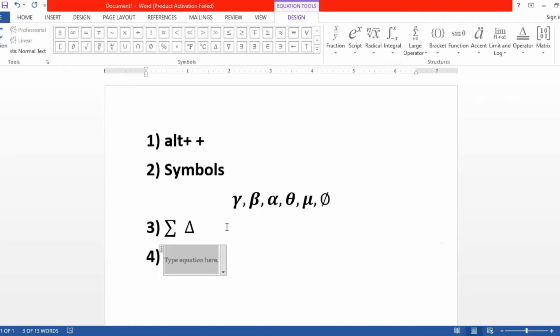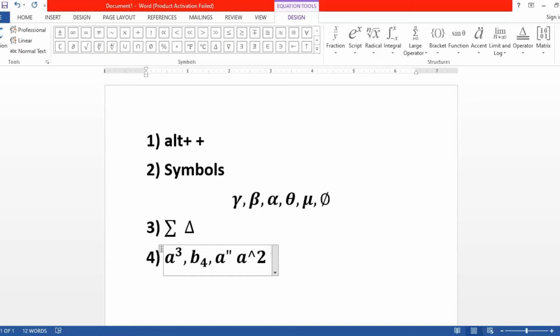for power we use cap, that is a cap 3, we get a cube. Similarly, if we use underscore, that is b underscore 4 and then space, we get b with lower suffix 4. That means cap is used for power and underscore is used for lower suffix. And if you use a double dash, then our shortcut keys stop working.